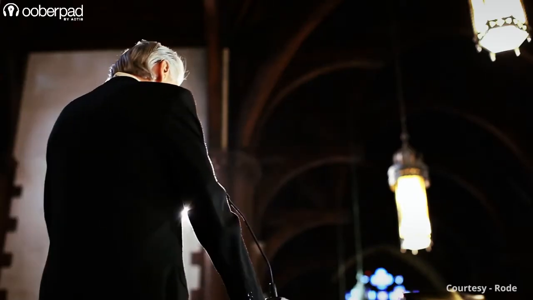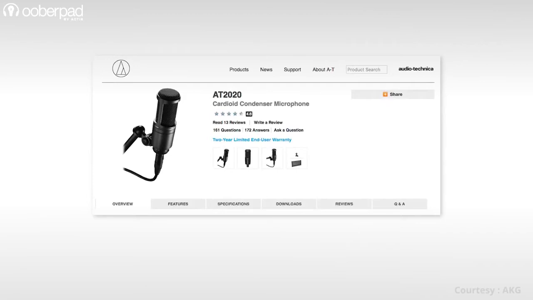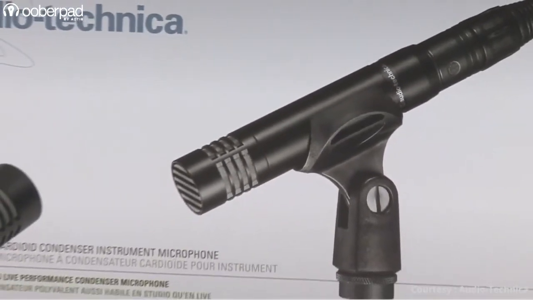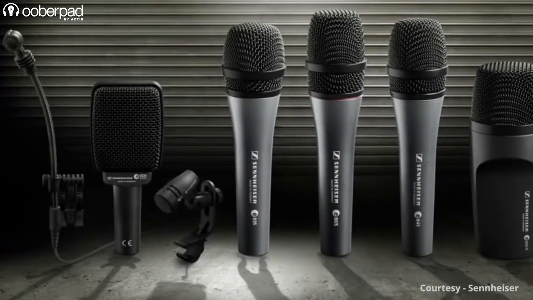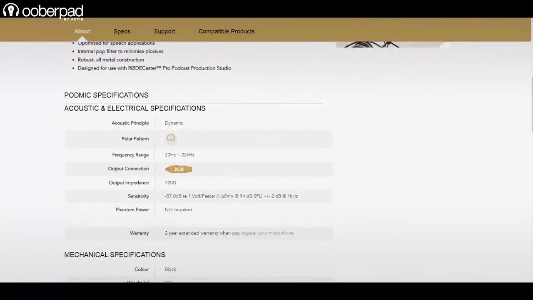So, how do you visually differentiate between the two types? You can't always tell whether a mic is a dynamic or a condenser just by looking at it. So if you aren't sure, check out the specifications on the manufacturer's website. Below are common examples of each of the types of microphones. Most handheld wired and wireless microphone systems are dynamic. However, as mentioned earlier, it is best to check the specifications.